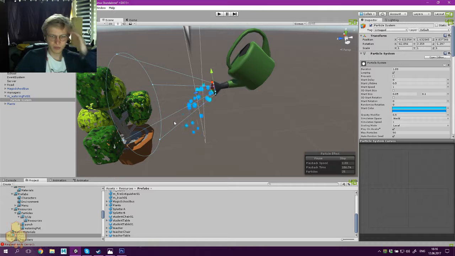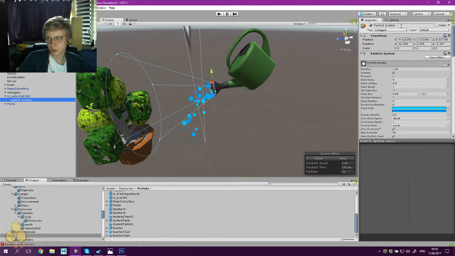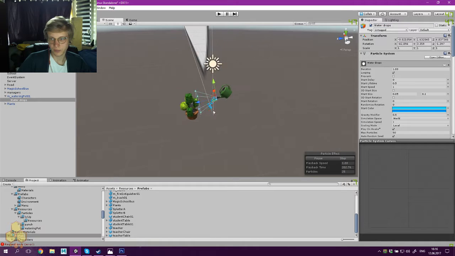And I think we have one more particle effect that we could make. I'm gonna call this particle system water drops. We can even reuse it later on for other systems, I guess, as well. Let's say there would be